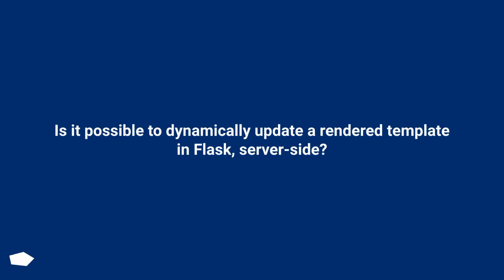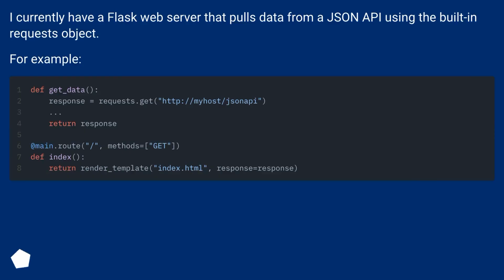Is it possible to dynamically update a rendered template in Flask, server-side? I currently have a Flask web server that pulls data from a JSON API using the built-in requests object. For example,